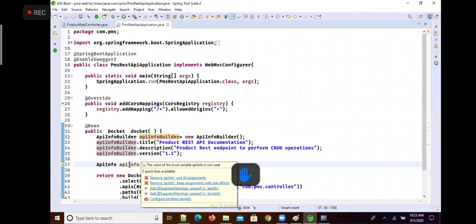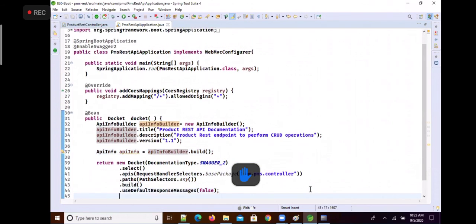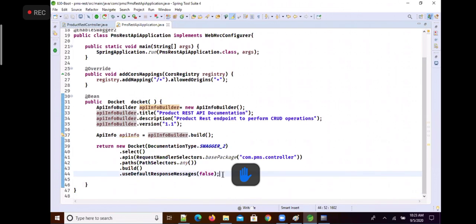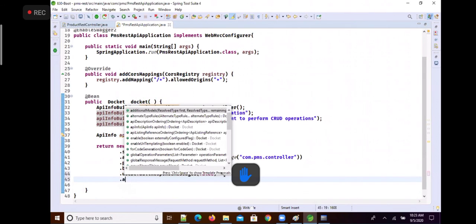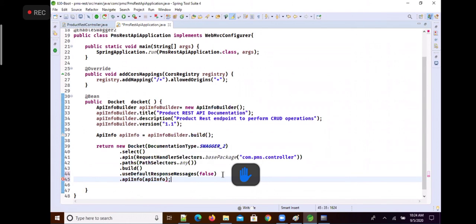Now this ApiInfo object we can set to this Docket, by calling the apiInfo method of Docket with the ApiInfo object.